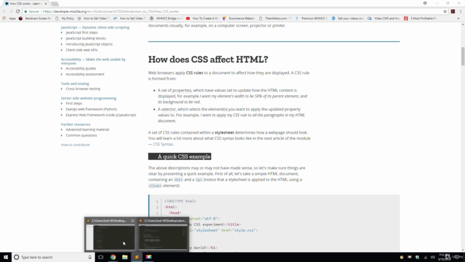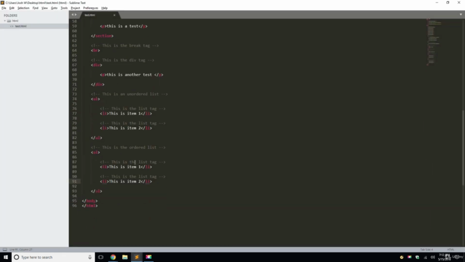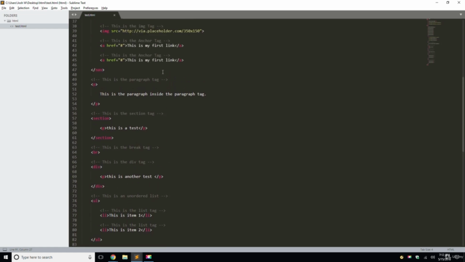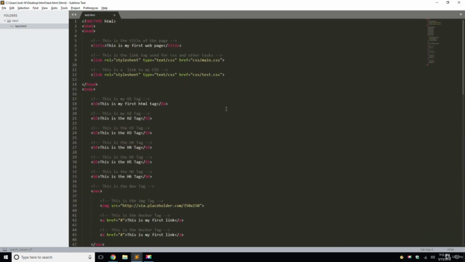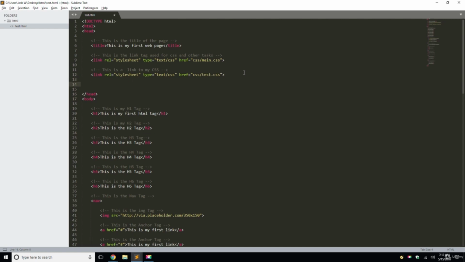Alright, so let's go into Sublime Text, and this was where we left off in the previous video, building out the HTML, and this is a perfect place to start coding CSS. So what we're going to do is go in the head tag below the CSS, and comment this out. This is internal CSS. Now I'm highly against this only because